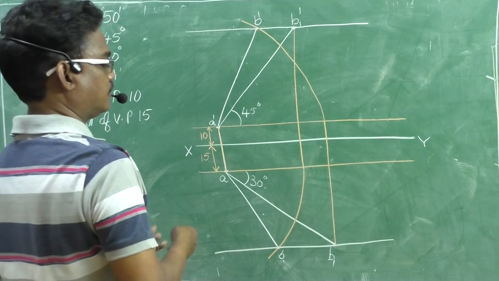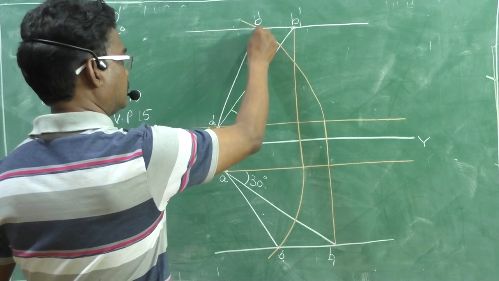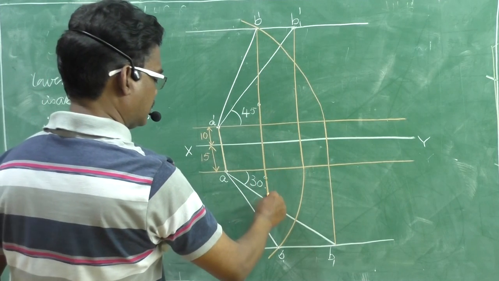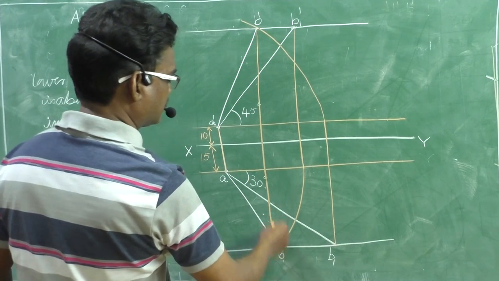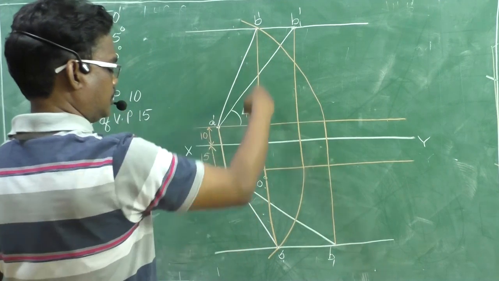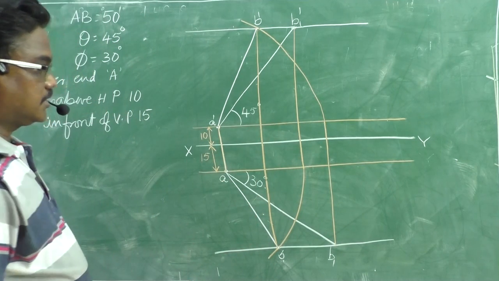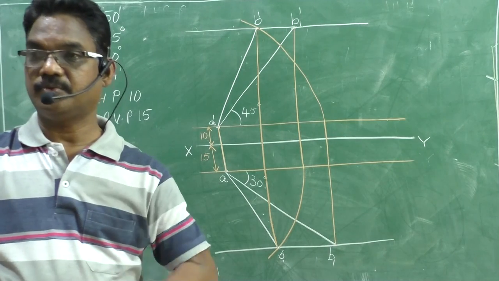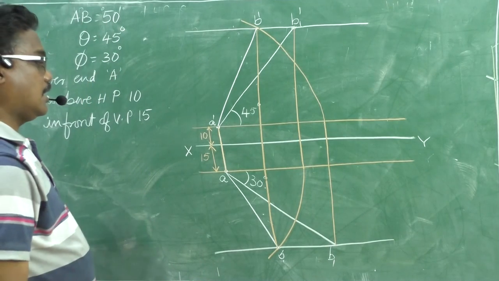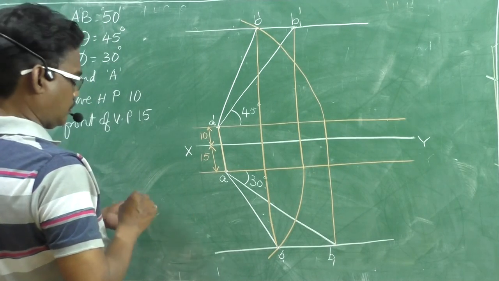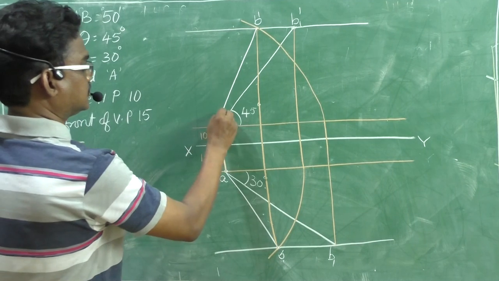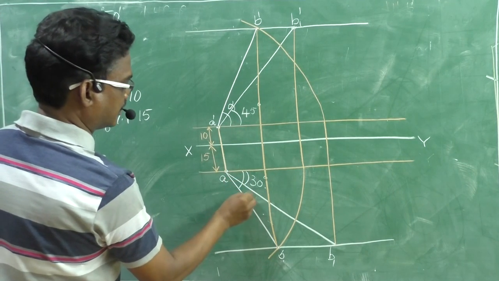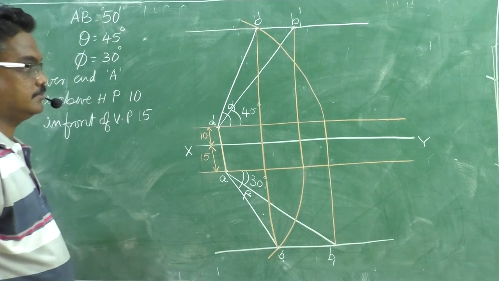For the sake of cross check, you can draw a vertical line. It must be perfectly vertical and it needs to pass through B dash and B exactly, because it represents the same moving point, right? After that, the student is required to show this as alpha and this as beta. Okay, this is